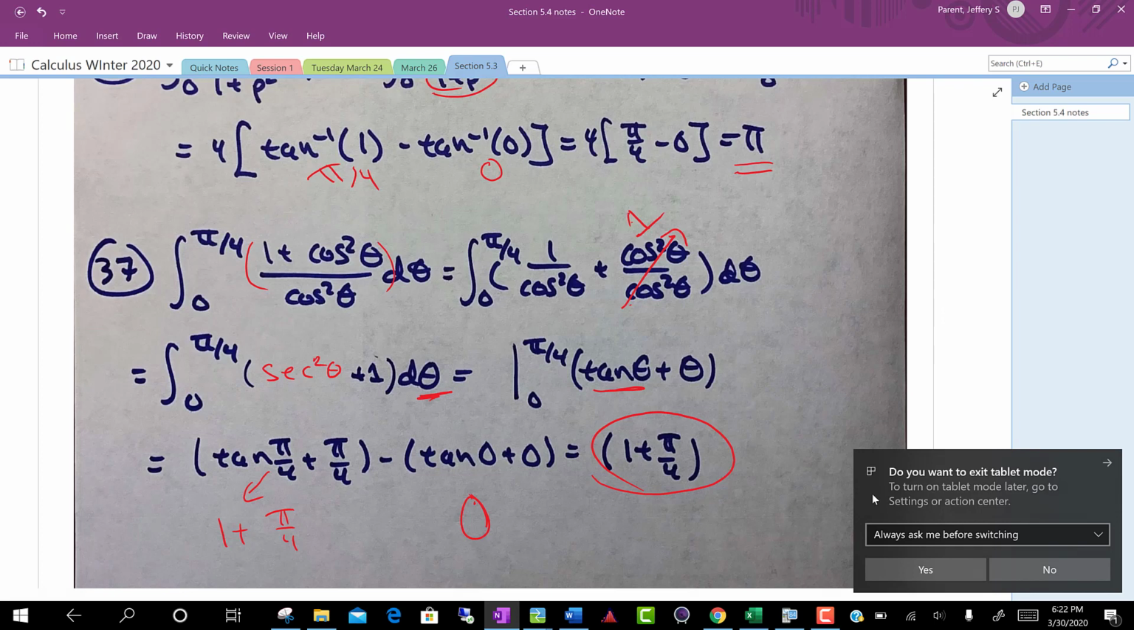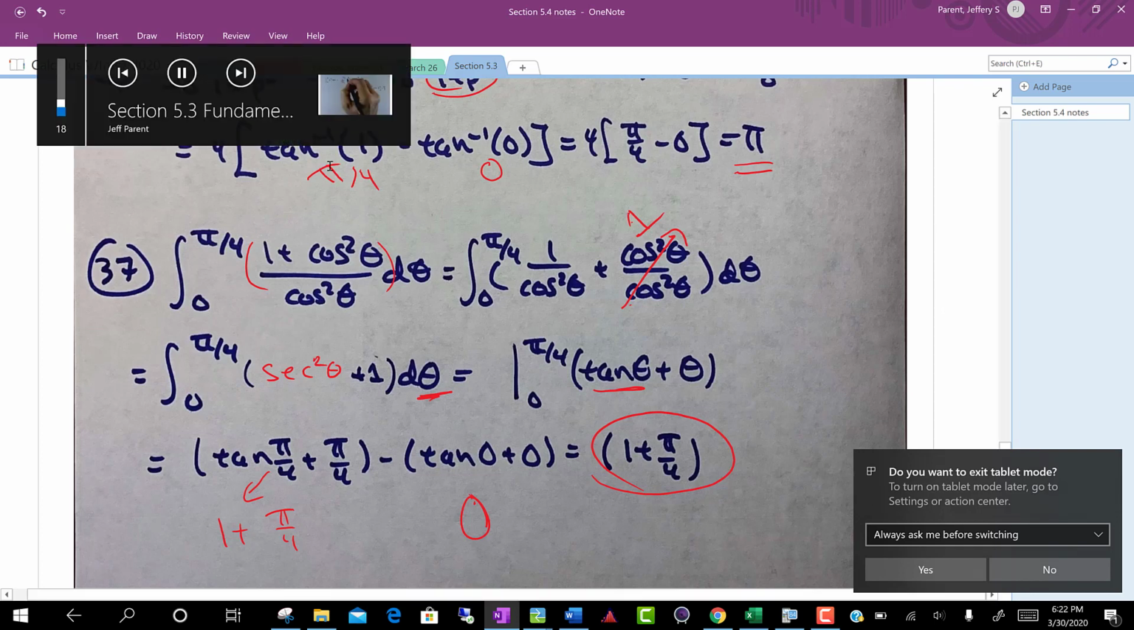And that's going to involve two things. One is the mean